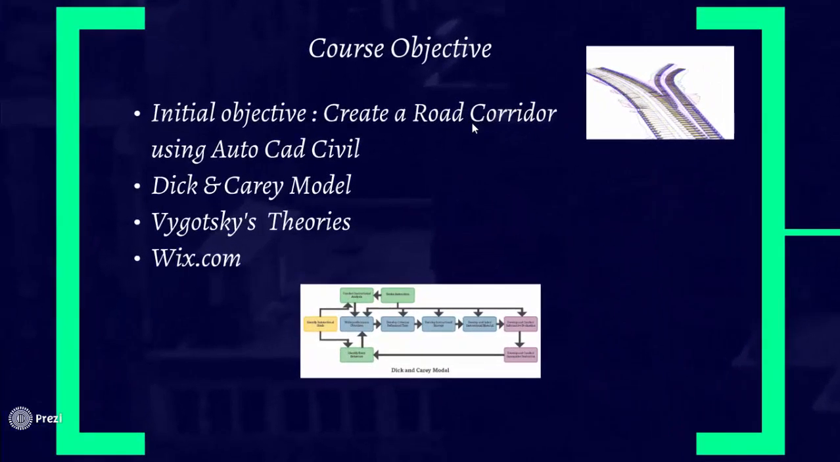Course objective. My initial objective to create this course was to create a road corridor using AutoCAD Civil, but as a single lesson. I decided to break it down into 3 lessons to reduce the cognitive load. My strategy was to use the Dick and Carey model and its 9 steps to implement into this training course. Why did I choose the Dick and Carey model? Because of the way it could be integrated, and it also lets you evolve into introducing more objectives,